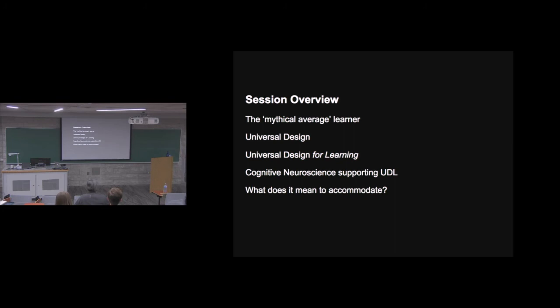Ailsa is going to talk about what it means to accommodate. This idea of accommodations, which we're very familiar with. They used to be the big yellow sheets of paper. Now they're emails that we get from students who have registered with our disability service provider, the Blunden Center. But we're going to unpack the idea of accommodating. And finally, Ailsa is going to bring us through a discussion around universal design for learning and social justice and some of the implications from a social justice perspective.